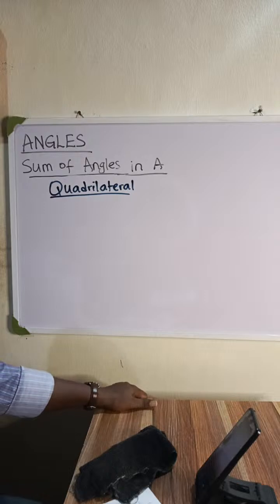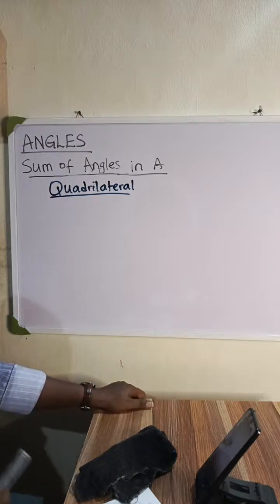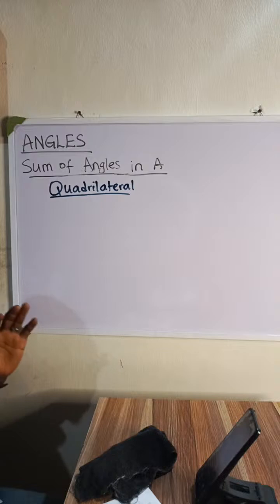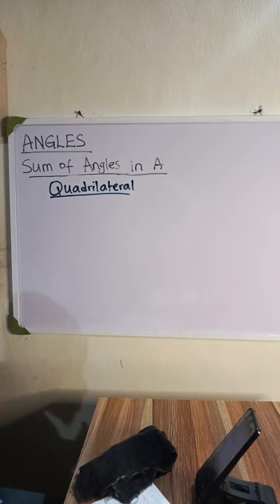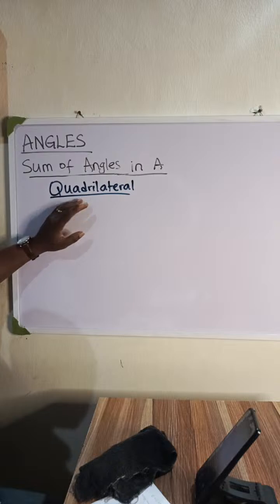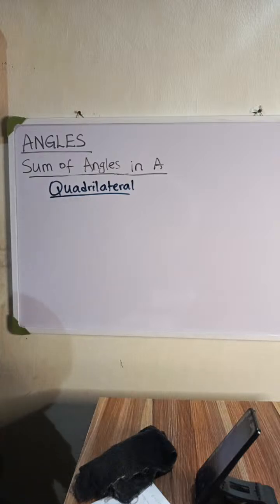Okay. Sum of angles in a quadrilateral. First thing we need to ask is, what is a quadrilateral? Who knows what a quadrilateral is? Can you leave it in the comment if you know what a quadrilateral is? Remember, each time you leave a comment as an answer, you have a mark. The maximum number of marks determines who is the winner of today's class. So what is a quadrilateral? In 1 minute. If nobody gives the answer in 1 minute,